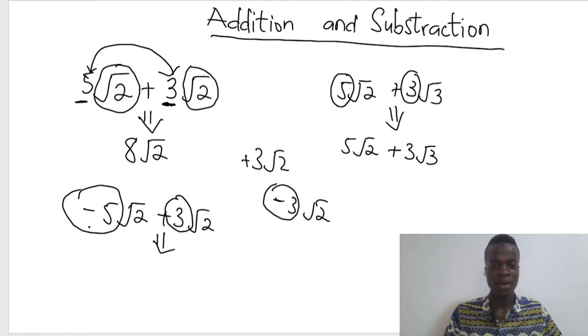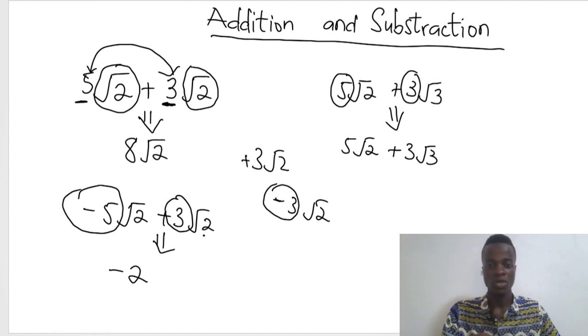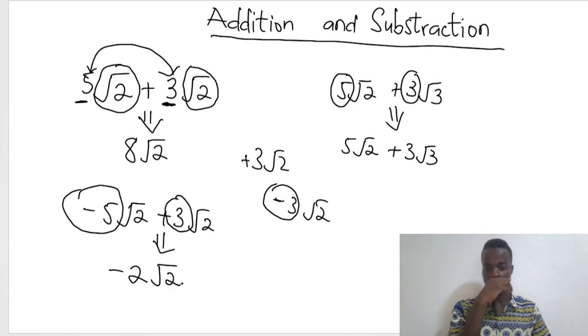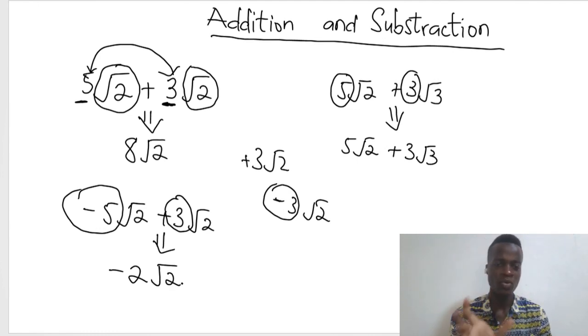So when you come back to this, negative 5 and 3. If you put negative 5 and 3 together, it's like 3 minus 5. You are going to get negative 2. So the interaction of those outside gives us negative 2. And then because the roots are the same, we just repeat it once. That's how we do the